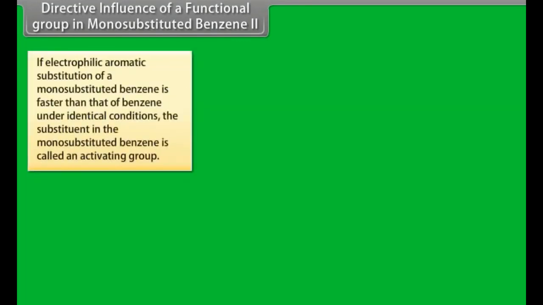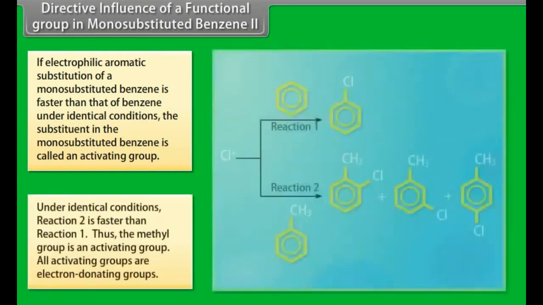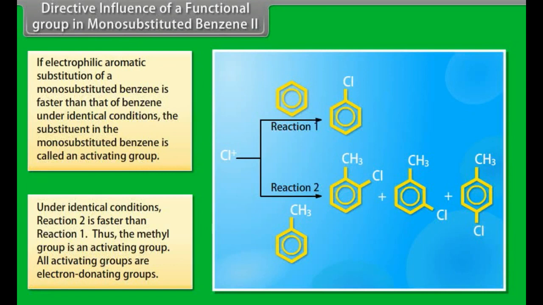Directive influence of a functional group in monosubstituted benzene 2. If electrophilic aromatic substitution of a monosubstituted benzene is faster than that of benzene under identical conditions, the substituent of the monosubstituted benzene is called an activating group. Under identical conditions, reaction 2 is faster than reaction 1. Thus, the methyl group is an activating group. All activating groups are electron-donating groups. Common activating groups are